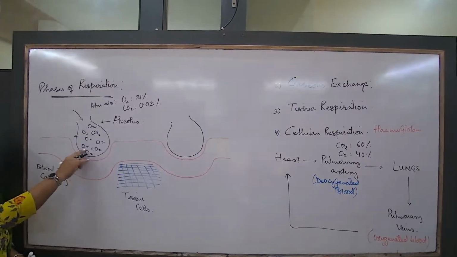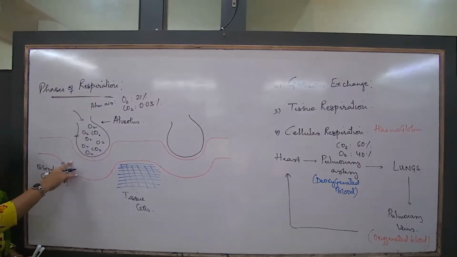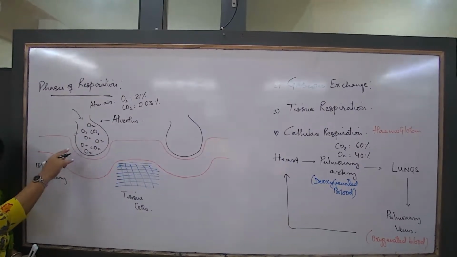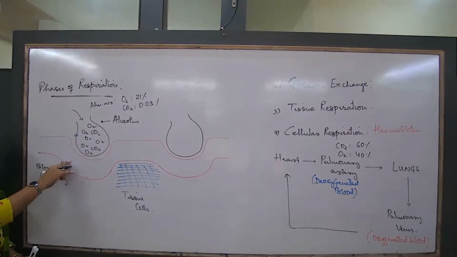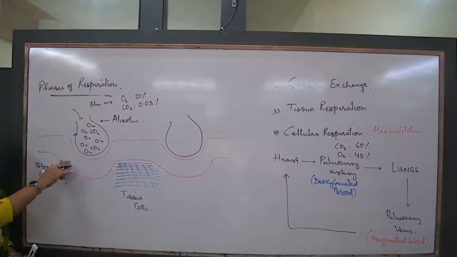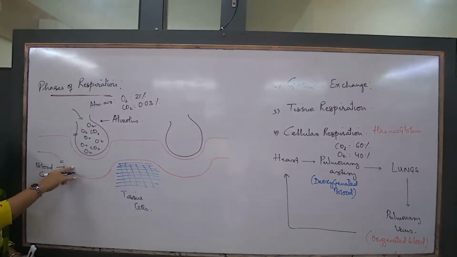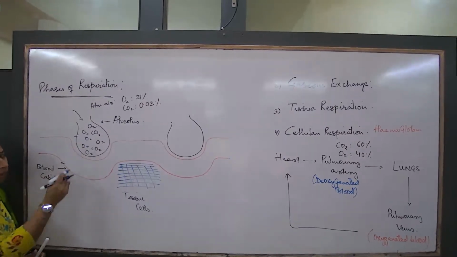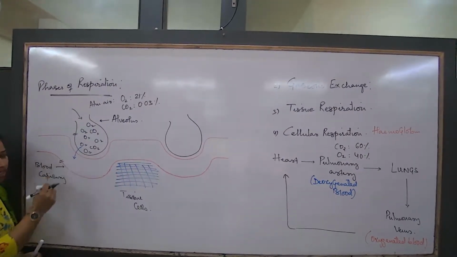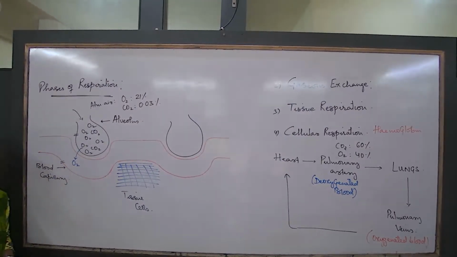So what will happen? Here oxygen is more, comparatively in the blood oxygen is less. So what should be the direction of the oxygen movement? From a region of high concentration to a region of low concentration, a process known as diffusion is happening. So what would be the pathway for oxygen movement? This will be the direction. So the oxygen is definitely moving from the alveolus towards the